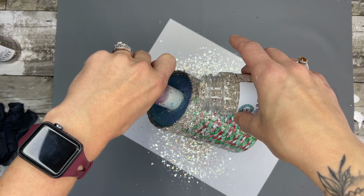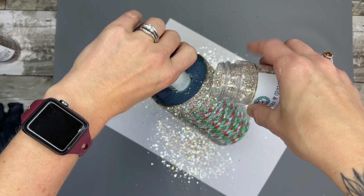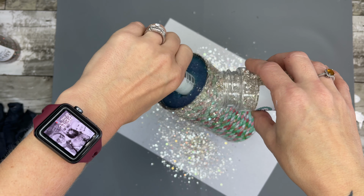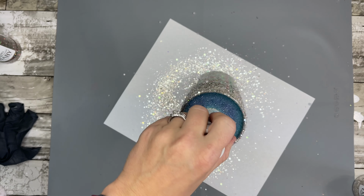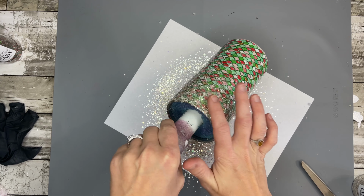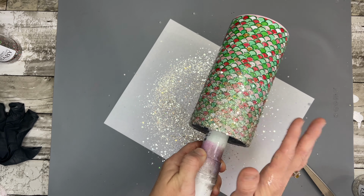And to do that waterfall effect, you just do a thicker layer around the top rim, tilt your cup sideways, and then lightly add glitter as if you were doing an ombre. And then once I have the glitter where I want, I'm just going to tap that excess off. And I should have been wearing gloves here, y'all. Take note. Tap the glitter down so it is not sticking up,